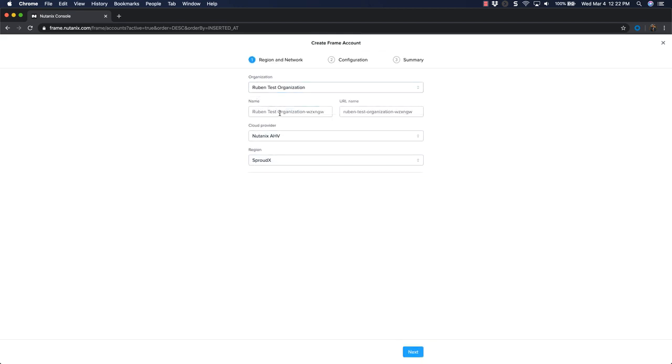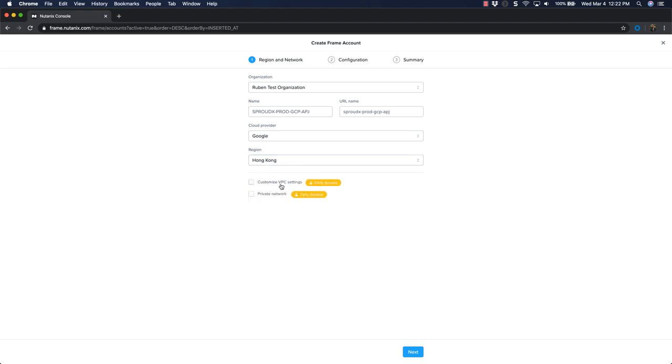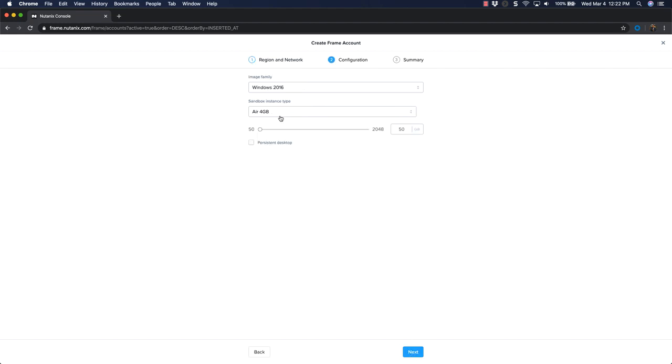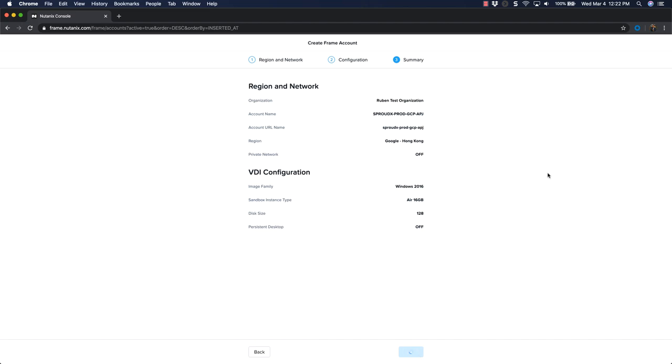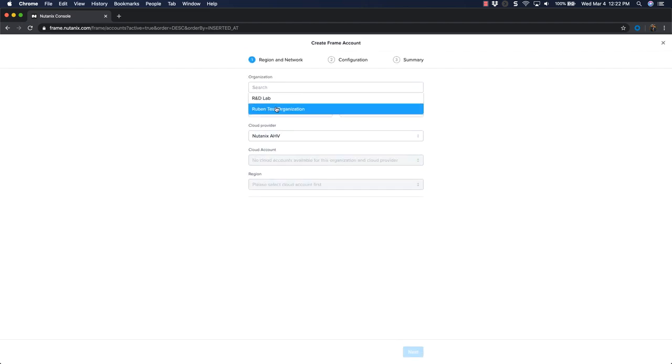Do that again. Give it a friendly name. I want to use GCP. In this case in APJ. Google, let's see, let's use Hong Kong. Give it an AR16, with extra storage. Hit create. And finally, the fifth Frame account will be in